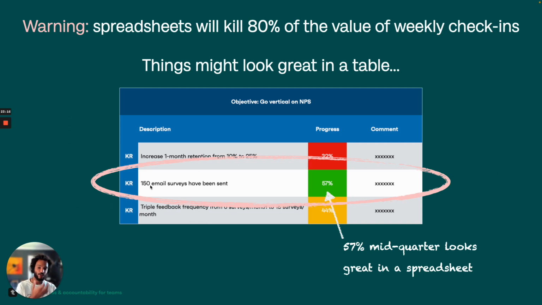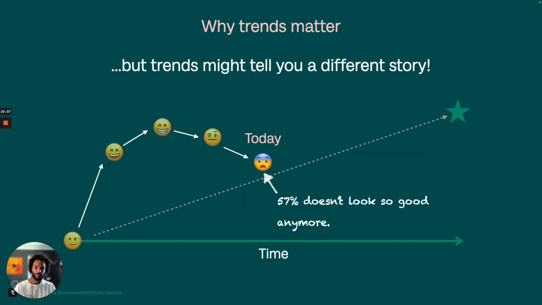We want to achieve 150 emails sent in a survey. And so then you're going to see that the team is at 57% done, which is more than halfway done at half of a quarter. So this looks good until you plot this on the graph. And plotting it on a graph and looking at the previous iteration of that goal,